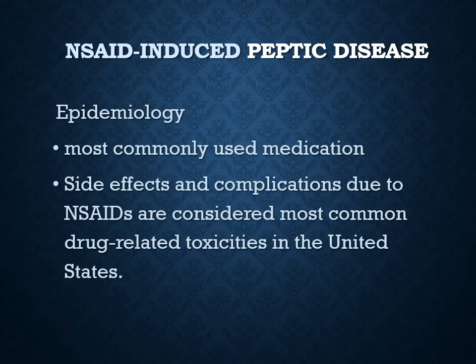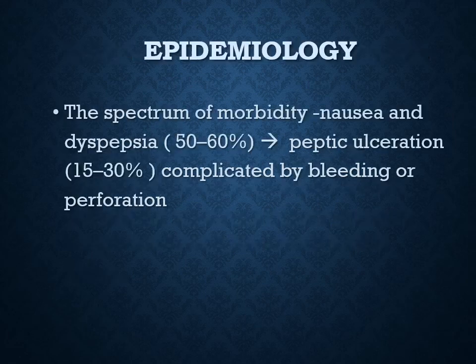NSAID-induced peptic diseases. While NSAID is the most commonly used medication, thus the side effects and complications are considered to be the most common drug-related toxicities in the US and in most parts of the world. The spectrum of manifestation ranges from a very common nausea and dyspepsia, which occurs in up to 60% of patients, or to peptic ulceration complicated